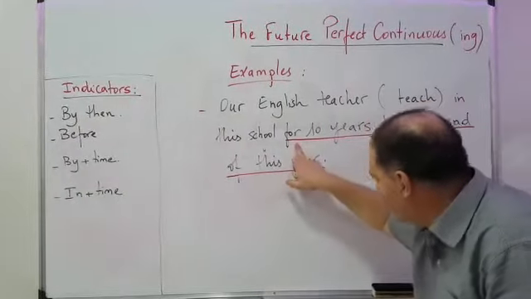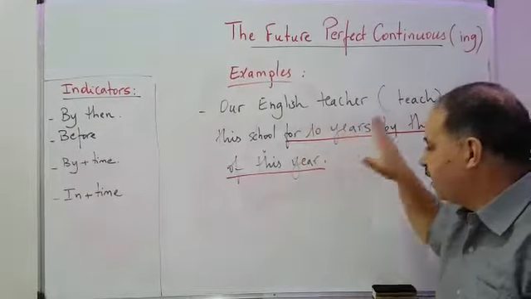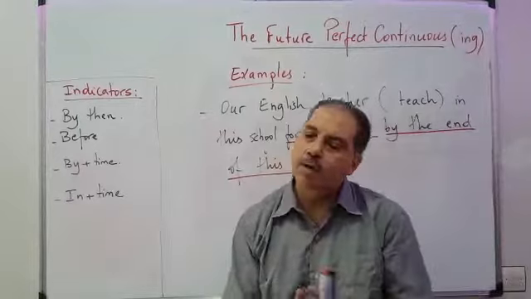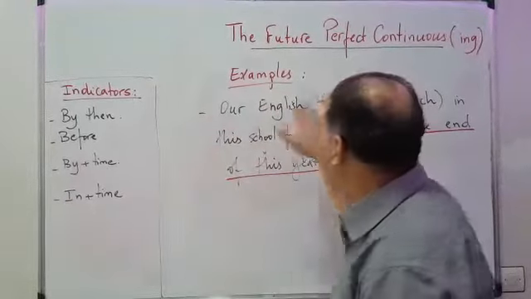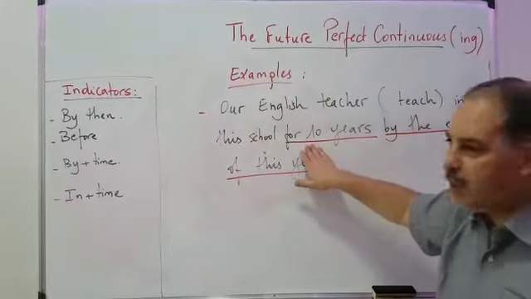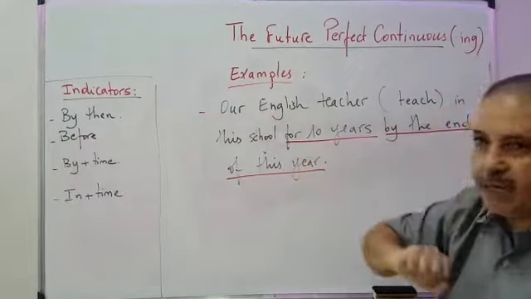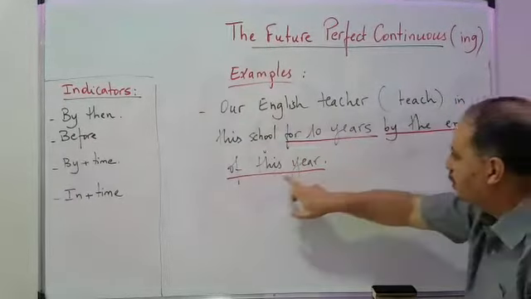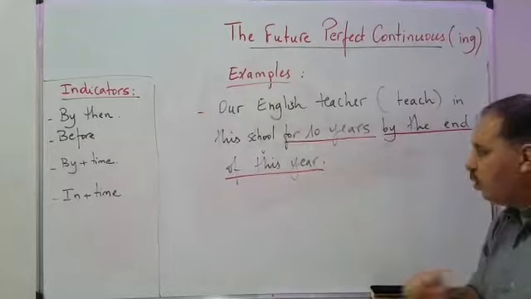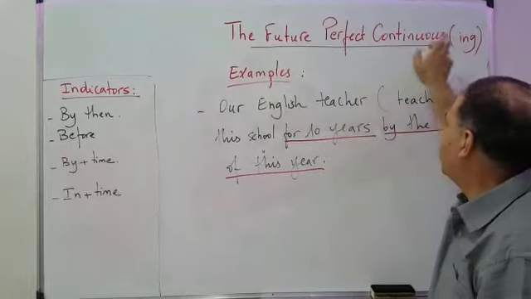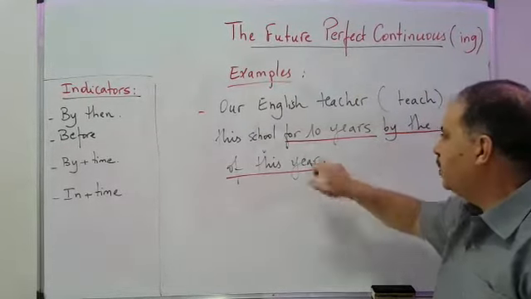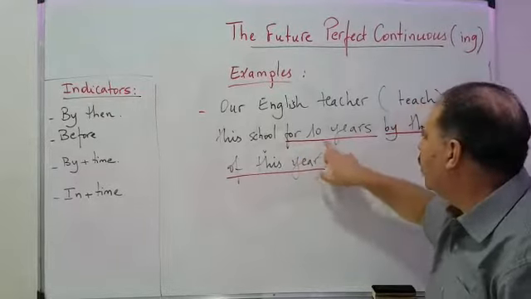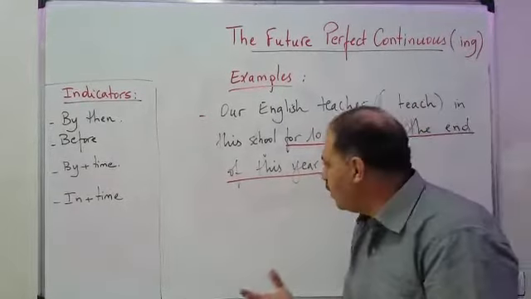اذا عندي for plus زائد duration of time we need what? We need future perfect continuous. اذا هذا واحد الانديكيتور كذلك. عندي جوج ديال الانديكيتورز، عندي by the end of this year اوكي، وعندي باش ندير future perfect continuous عندي واحد الانديكاتور هو for 10 years. اوكي so we understand it